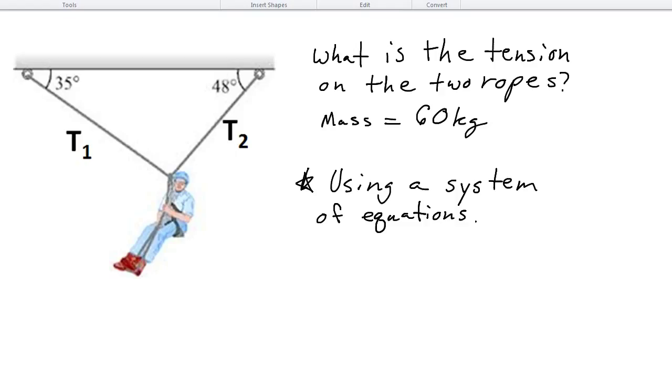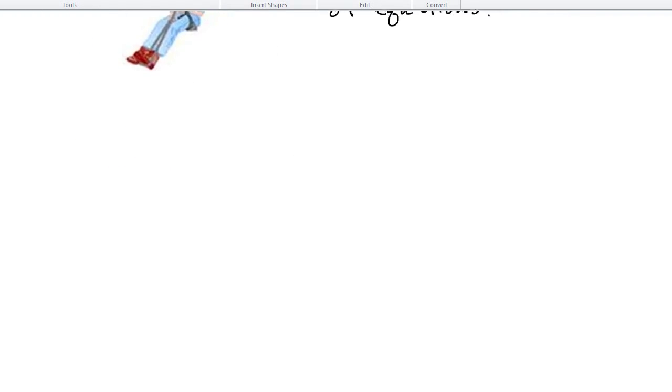And so in this question, we have two ropes that are at two angles, and they're supporting this mountain climber here that has a mass of 60 kilograms. And I want to find the tension on both ropes that are supporting the mountain climber. Okay, so first thing we do, just like we've done for all the other problems, is